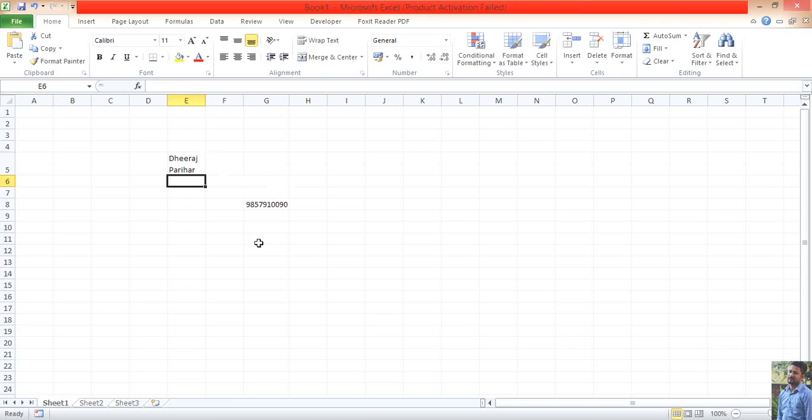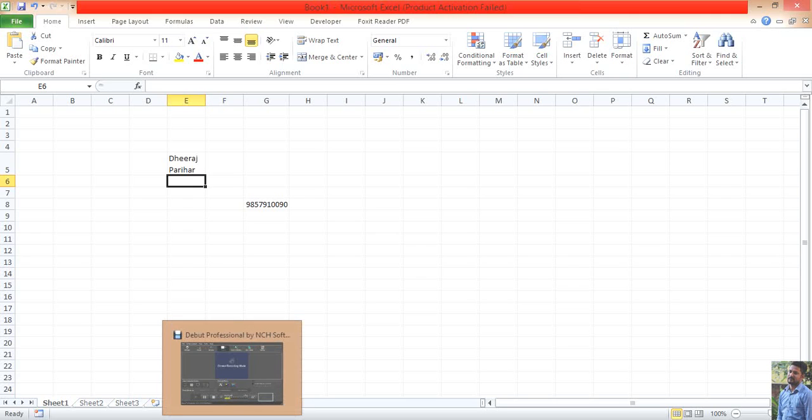So you have learned how can we add text or numbers in a cell, and how can we add the text to a new line in the same cell. So in this way we can add text or numbers in a cell in MS Excel. Hope you all understand the concept. Thank you.